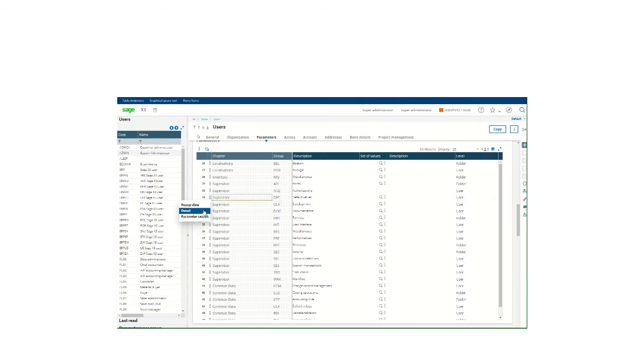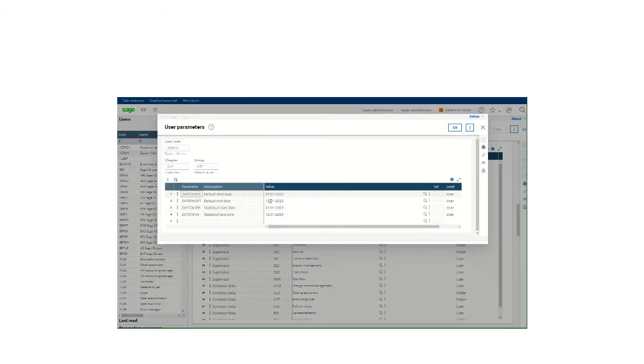So we're going to select Detail, and we're going to be focusing on the parameters for the default start date and the default end date, lines 1 and 2. And I'm going to make a change so that the values will be 2025 as the start and end date. So the default start date is going to be 1/1/2025, the end date 12/31/2025. I'm going to click OK,